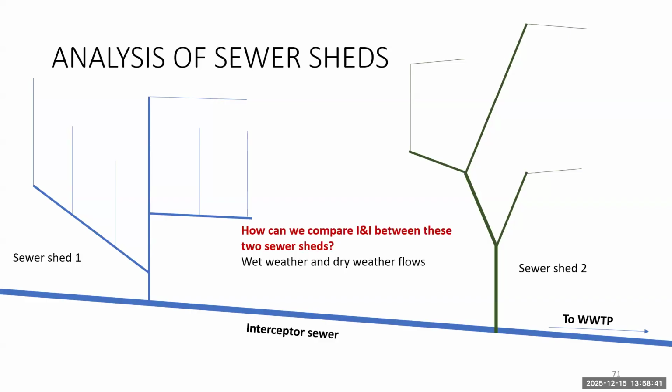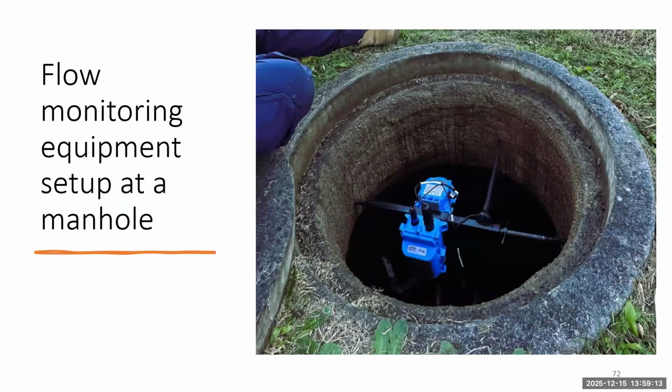Well, we'd want to know what each sewer shed is delivering in dry weather and wet weather. And there's a couple ways that we can assess it. We can look at the flow per day per inch mile of pipeline, or we can compare it to per capita estimates. And we're going to show you both of those. So we might set up some kind of flow monitoring at each of these locations at a manhole where these sewer sheds connect to the main interceptor sewer. And so we'd set up some instrumentation at that manhole.